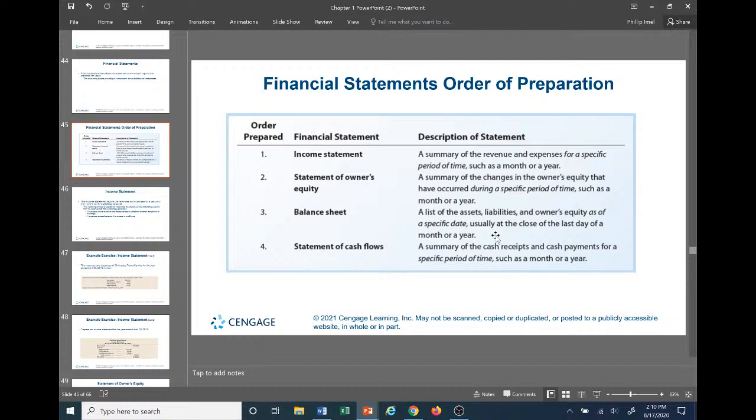And lastly, we have a statement of cash flows, okay? Statement of cash flows is just a summary of cash receipts and cash payments for a specific period of time, such as a month or year. Okay, so the statement of cash flows is just showing how a company expends cash, right, and receives cash and where they're putting it. We'll get more into that later. And the statement of cash flows pulls the cash out of a business because businesses account for things on the accrual basis, okay? And the statement of cash flows actually pulls these cash payments and receipts out of the accrual basis to where we can see where the money's actually being spent. And it's either going to be in operating, investing, or financing activities, which we will get into at a later point as well.